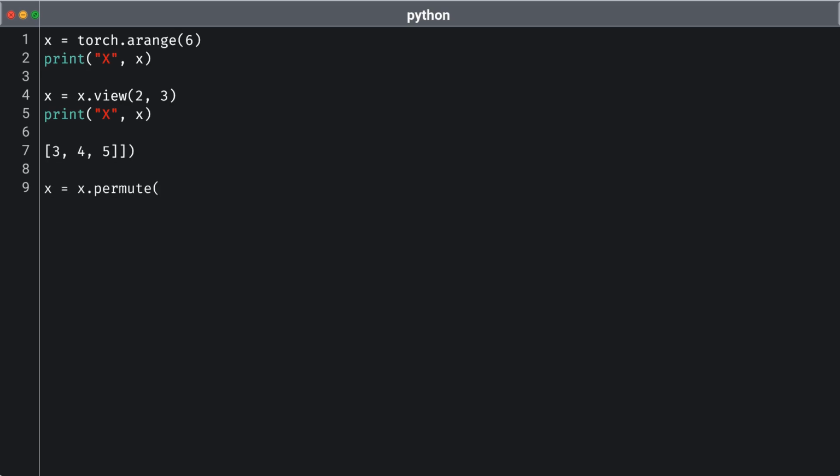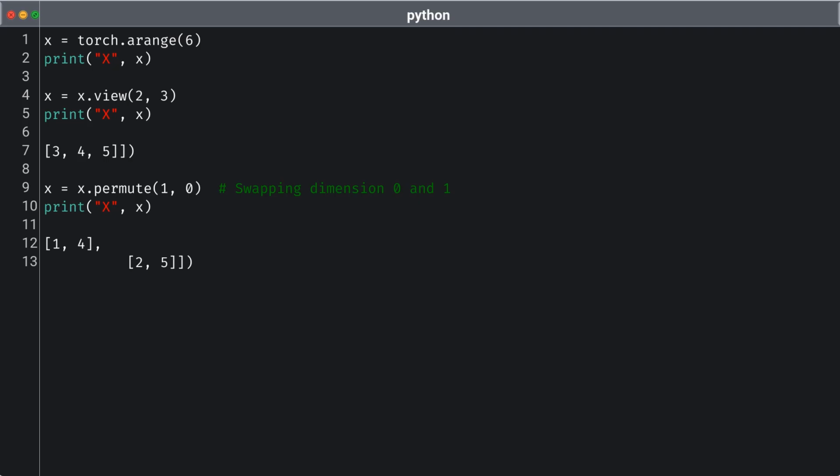In this section, we will explore how to manipulate tensors in PyTorch, focusing on reshaping and dimension permutation. First, we create a tensor x using torch.arange(6), which generates a one-dimensional tensor containing 6 elements. When we print this tensor, it reveals its initial arrangement. Next, we utilize the view(2, 3) method to reshape x into a two-dimensional tensor with 2 rows and 3 columns. This method is essential for preparing data for various machine learning operations, as it allows for greater flexibility in how